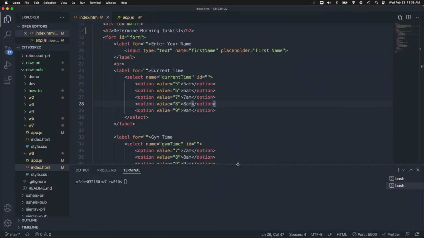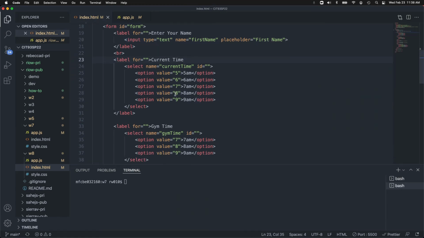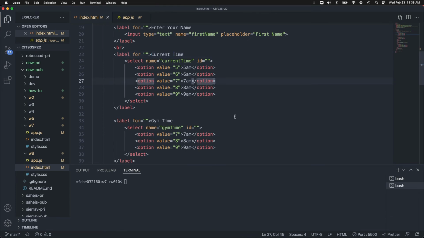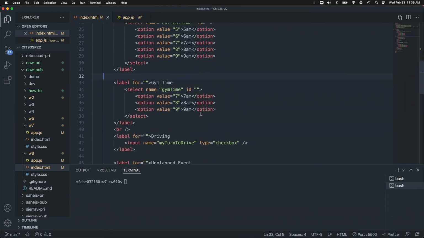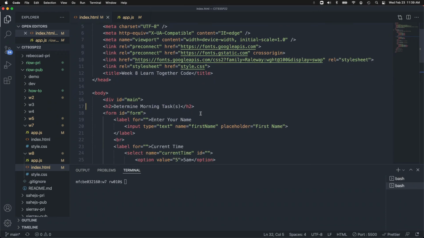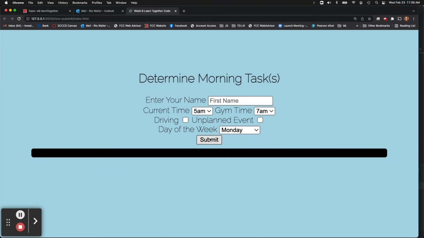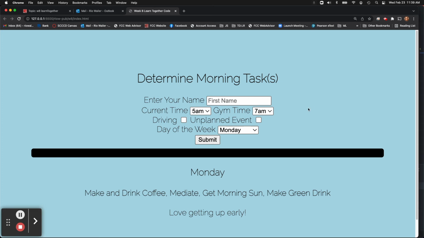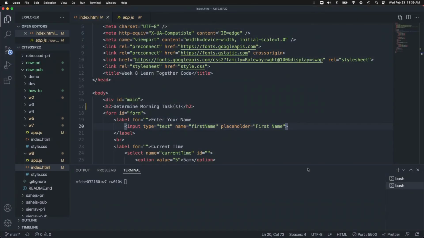So the last thing I want to show you here is I'm going to go to my index.html, and you can see I ended up using labels because I thought they were good. I use my values for my drop down, but one of the really important things, and you're going to hear me harp on this, is validation. I could just hit submit here, and it's going to take these as a default. But typically, have you ever noticed, and I suspect you have, when you're on a form, it won't let you do that. And one simple, easy, minimal way to do validation is just to add in whatever element you have